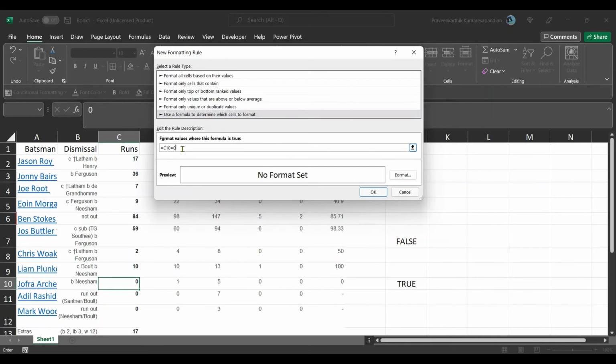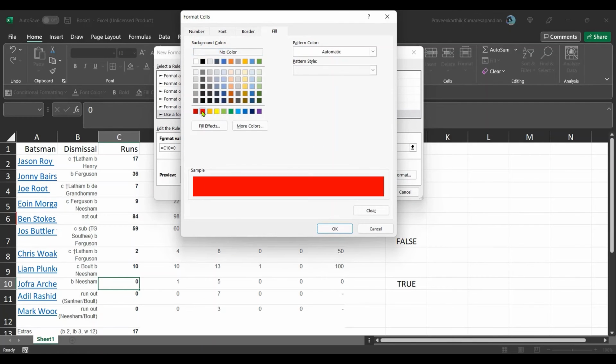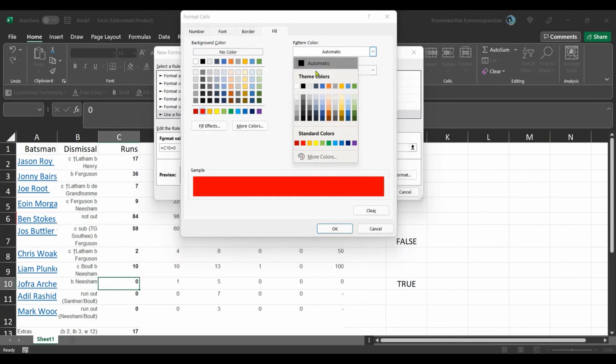It's very simple. This returns true because C10, Jofra Archer's score, is 0. If this is true, I am going to fill the cells with red color.